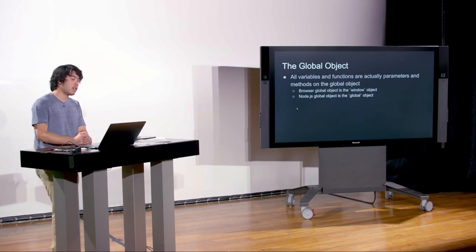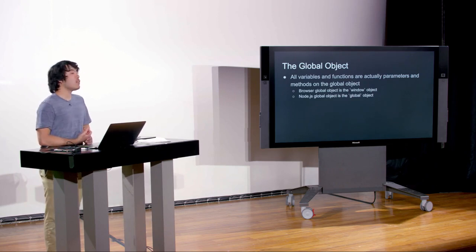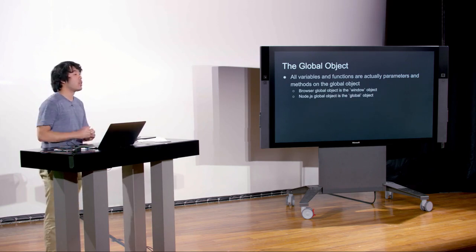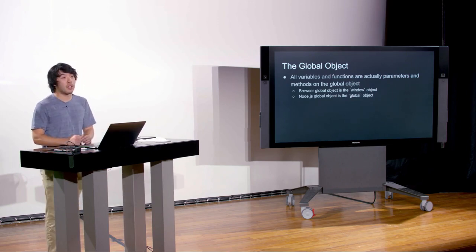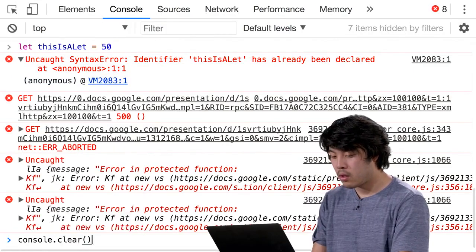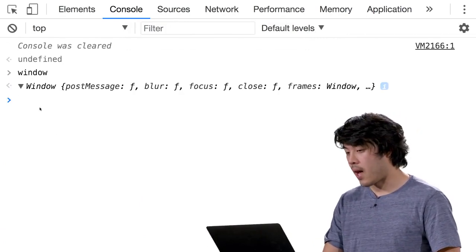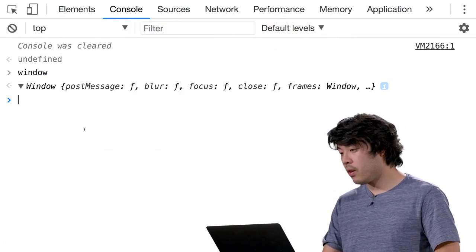So the global object. The way these things all work is basically in any given runtime, there's this thing called a global object. And so all variables, all functions are actually keys or properties or methods on the global object. So in the browser, there's this thing called a window, which is the global object. So this is a browser environment. And if I type window, I see this thing. And it has a lot in it,